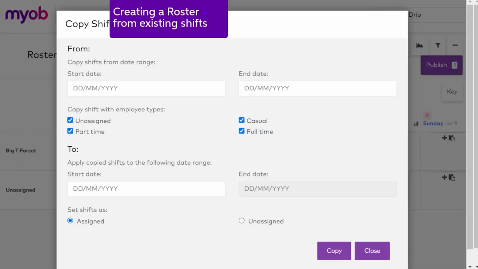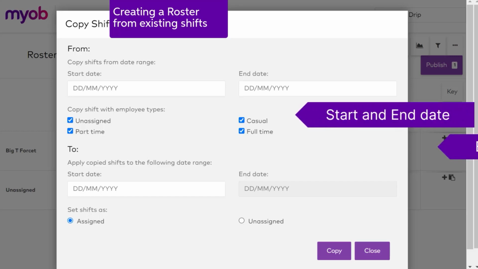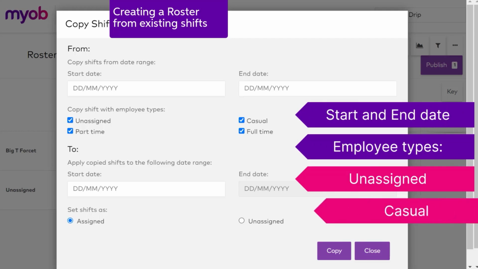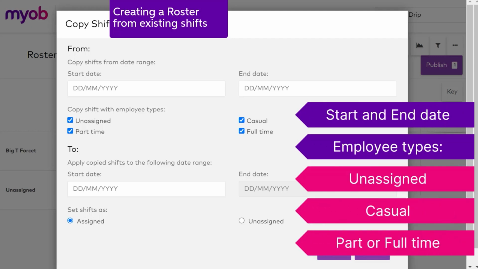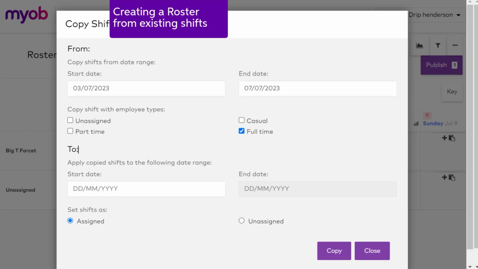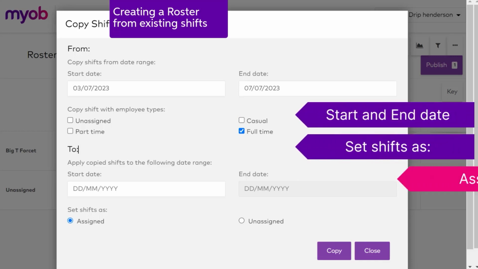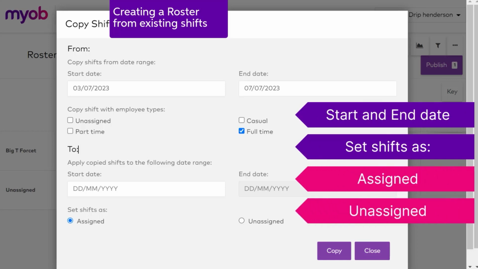Up pops the copy shifts window. You can enter the following details: start and end date, set shift as assigned or unassigned.